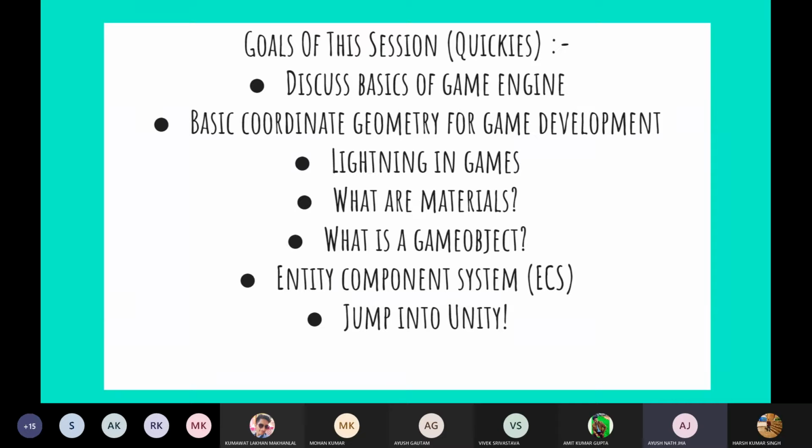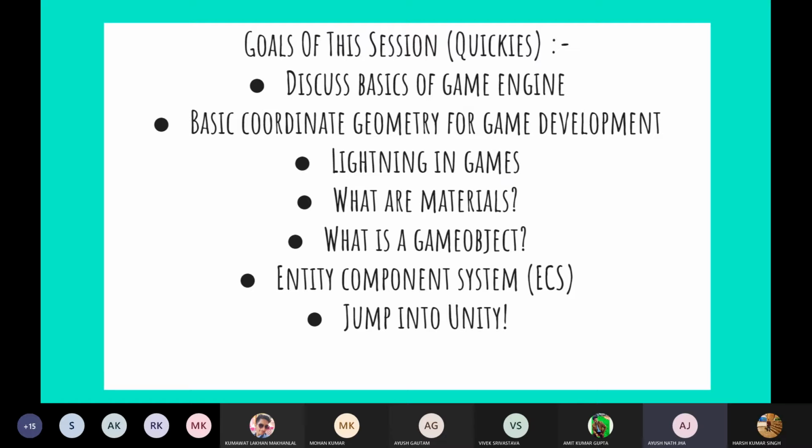Today, I'll also be going through some basic coordinate geometry concepts for game development, which will be very quick since most of the concepts are based on vectors. And I guess since you have all come after JEE, you are all superb in vectors, vector mathematics, 3D coordinate geometry and stuff like that. Then we'll talk about lighting in games: the importance of lighting, and why we need proper lighting in game scenes.